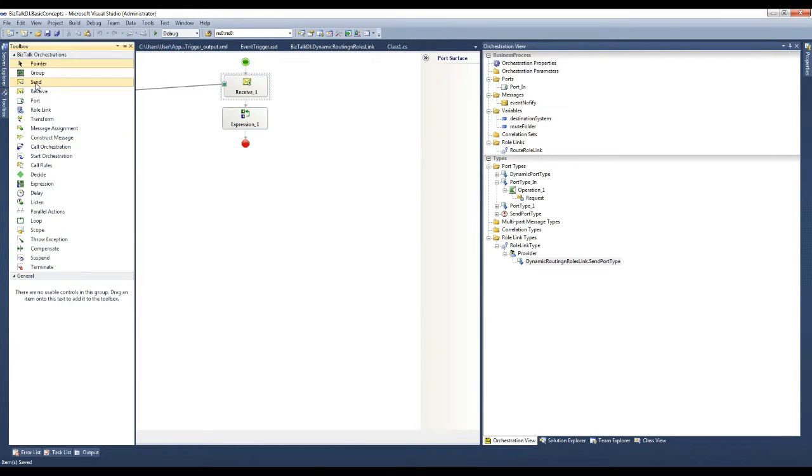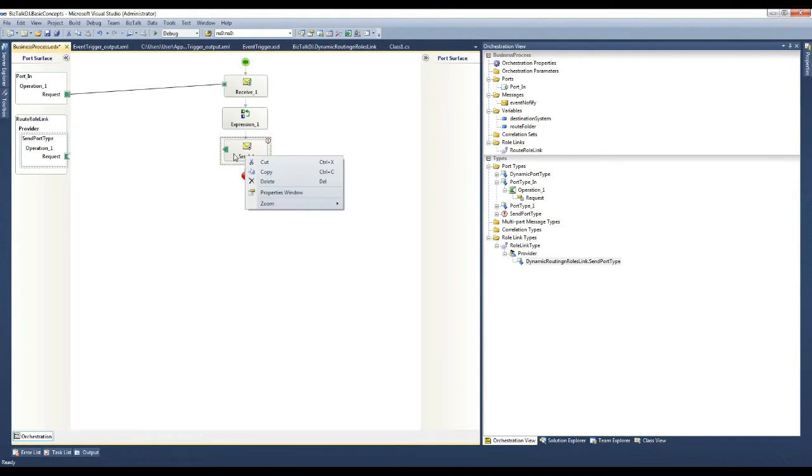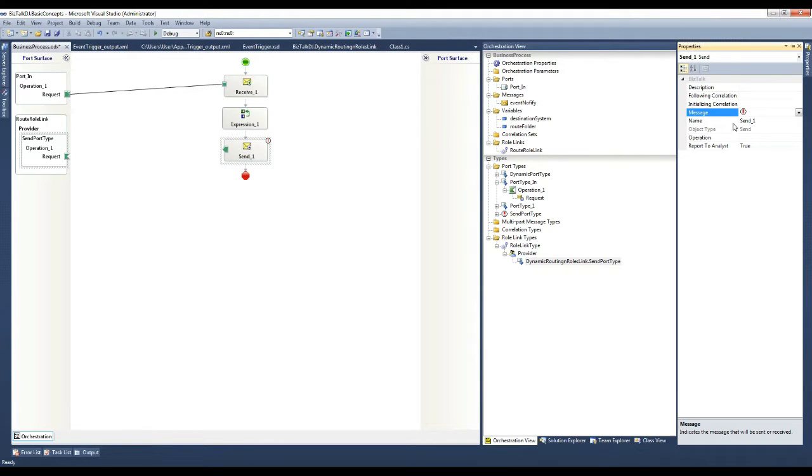Let me bring in a send shape and configure the send shape to be sending the message of event notification type, and I would map the send shape to the route role link send port type.